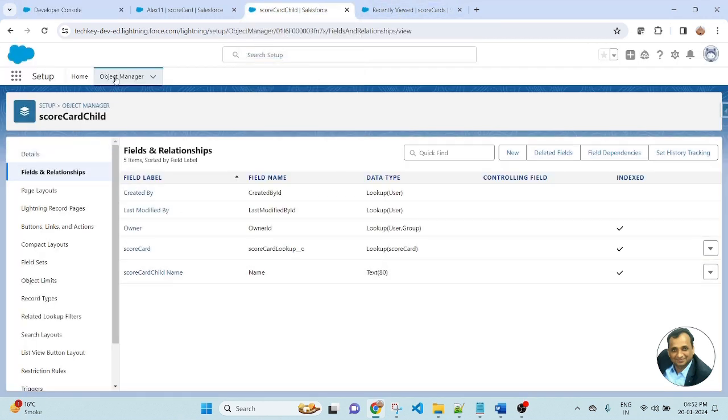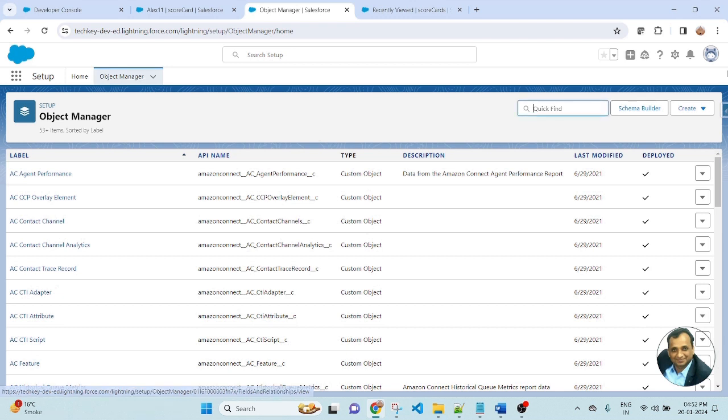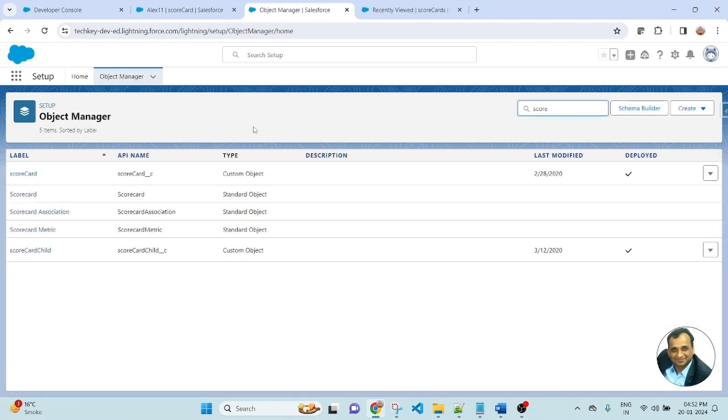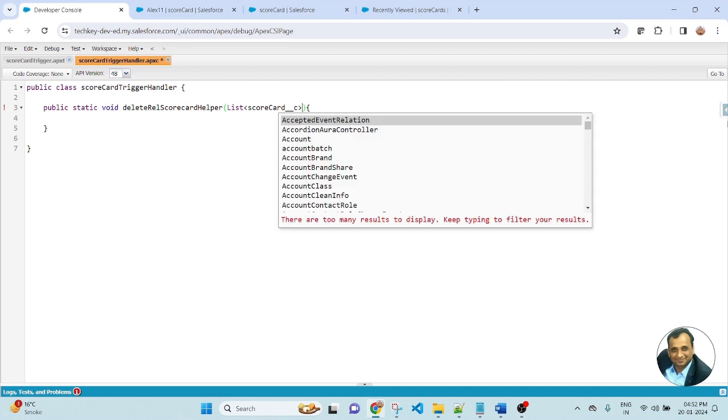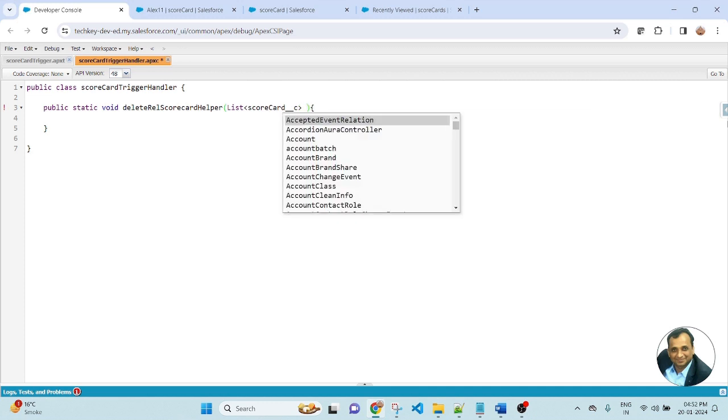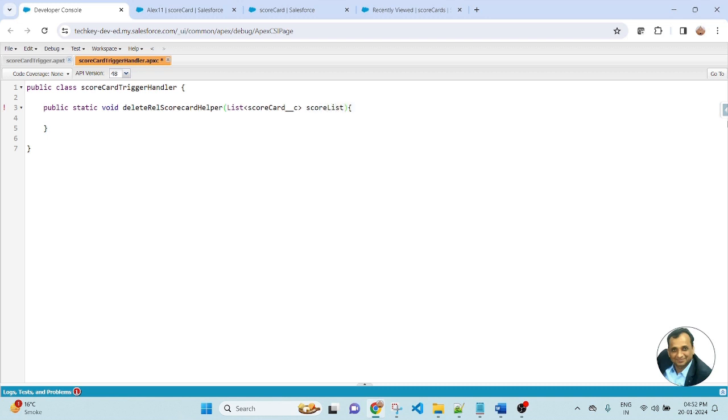Let me copy the object name, Score. This is a parent object, and this is the name of the API. Copy the name and pass it here. Write the name of the parameter, scoreList, comma.